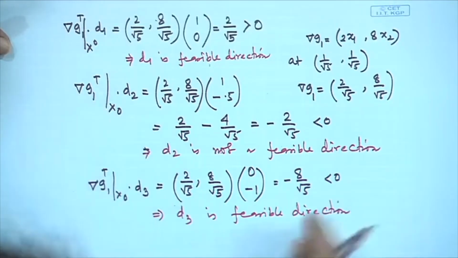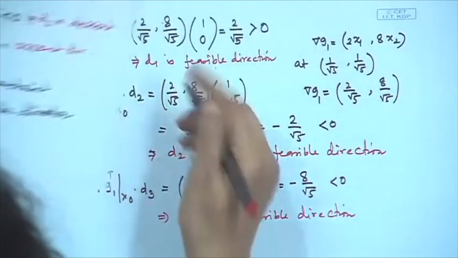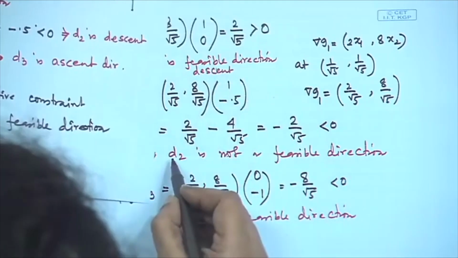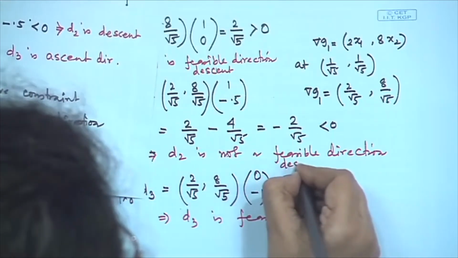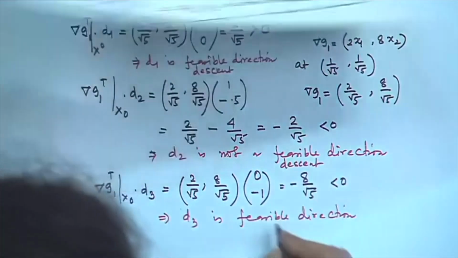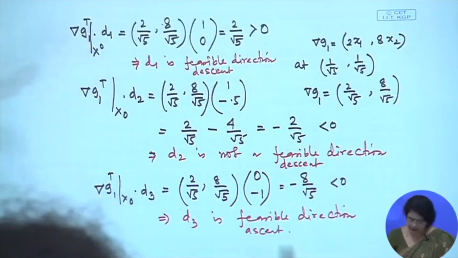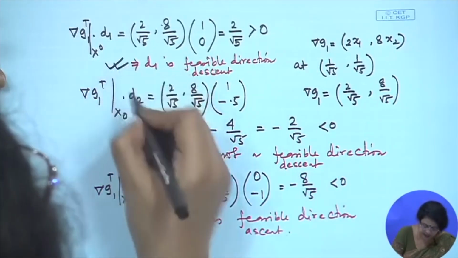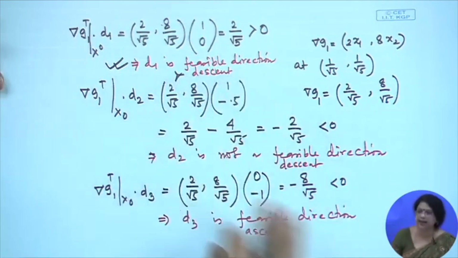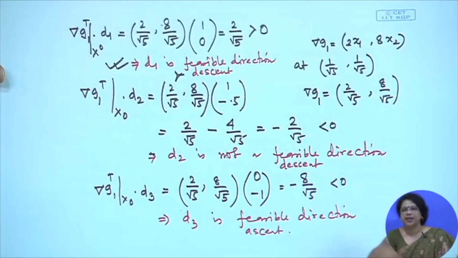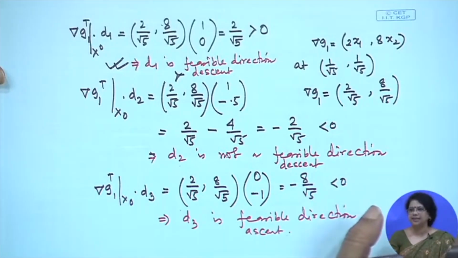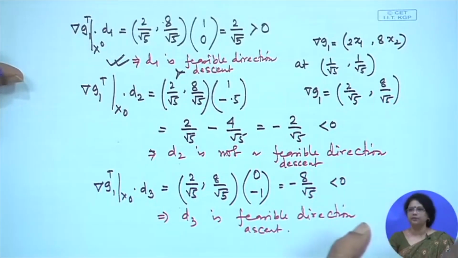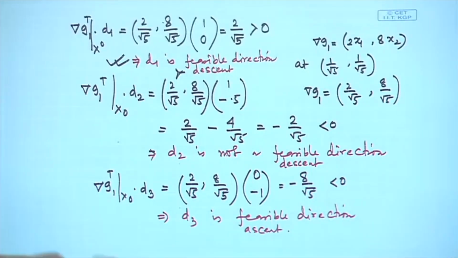If we keep all together, in the previous case we could see that D1 is a descent direction, D2 is a descent direction and D3 is an ascent direction. That is why we can conclude that only D1 is a feasible and descent direction, and the other directions are not feasible and descent directions. That is why for the minimization problem we should move through D1. We can conclude that. Okay? Now